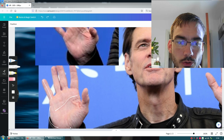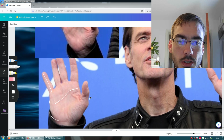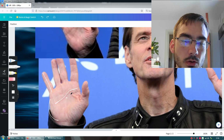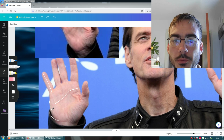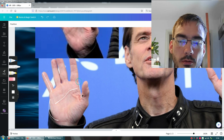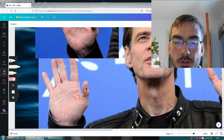Certainly someone with short fingers anyway. And this shows that he's willing to absorb information. That coincides with what we see on the headline as well. A long headline is someone who's slow to process that information, who's willing to do the work to read. And a low set thumb is a sign of a book lover. Now, this is not the lowest set thumb, but this is certainly someone who is